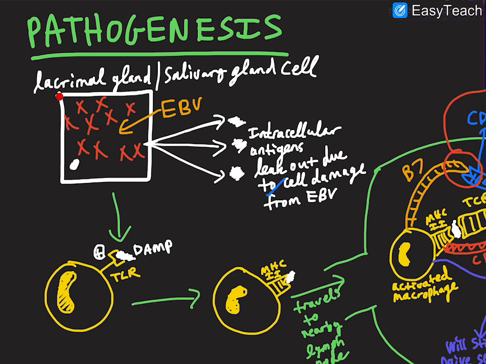So let's say this cell right here is our lacrimal gland cell or a salivary gland cell. And some virus, let's say in this example we're going to be talking about the Epstein-Barr virus. Let's say the Epstein-Barr virus infects your lacrimal gland cell or your salivary gland cell, and that leads to destruction of the cell. That's going to release intracellular antigens. If you get intracellular antigens released, what are some of those antigens? Remember, we talked about